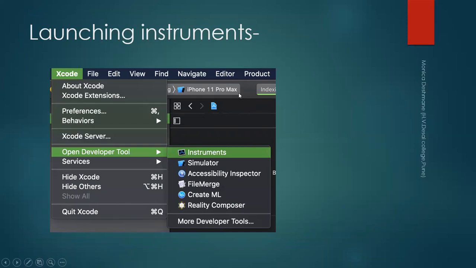Now, launching instruments. Basically, you need to know what an instrument is. As we saw earlier with the simulator, similarly you go to Xcode, then select open developer tool, then instruments. Now I want to use instruments. What can we do with instruments? I'll tell you.